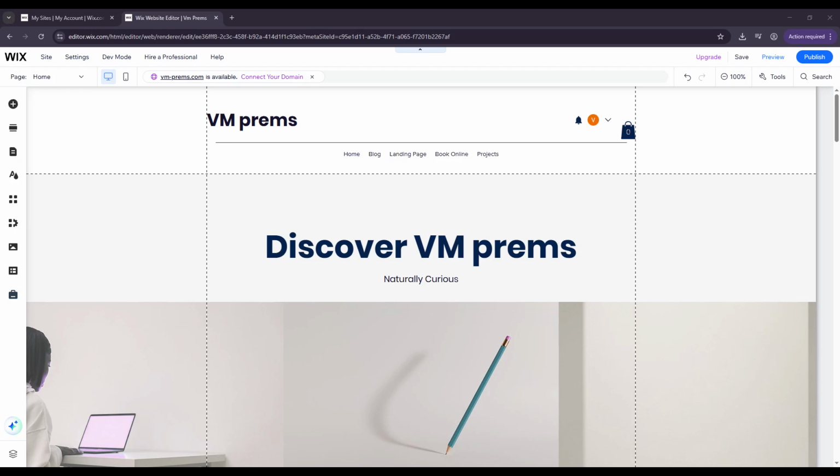Start by opening your site in the Wix editor and switching to mobile view. This is important because the mobile layout is separate from desktop, and what you see here reflects how your visitors will experience the site on their phones. The canvas will adjust to a phone-sized frame, and you'll be able to focus on elements that are specific to